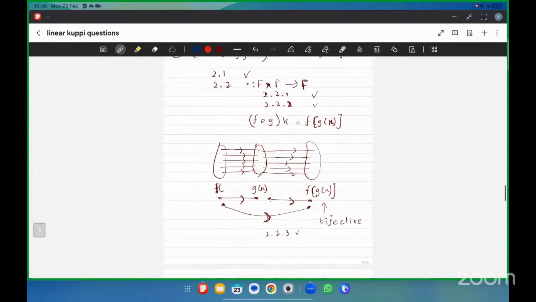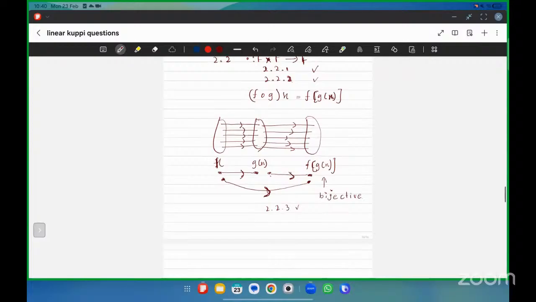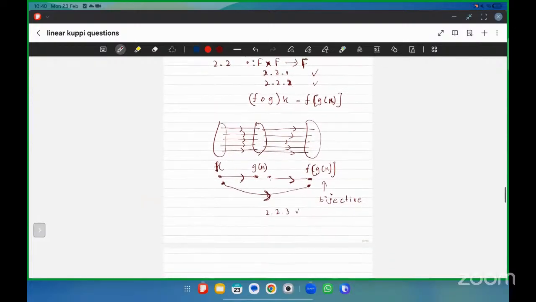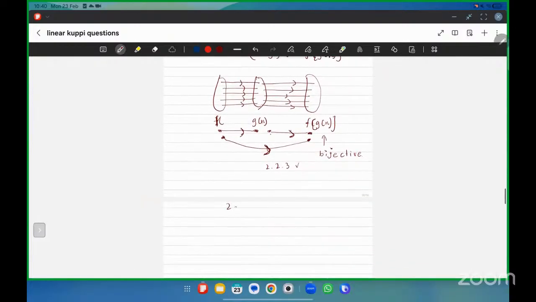And the second condition is okay for the building group. When we look into the 2.3,